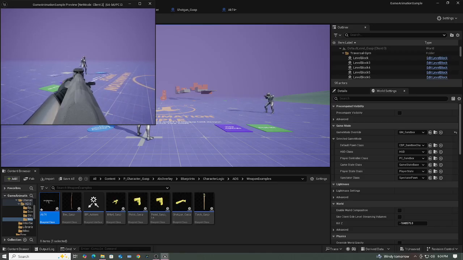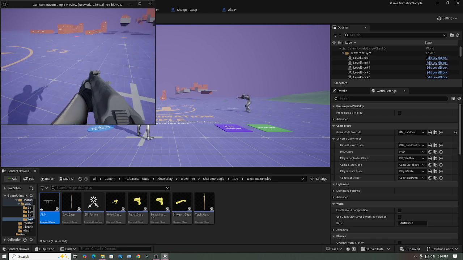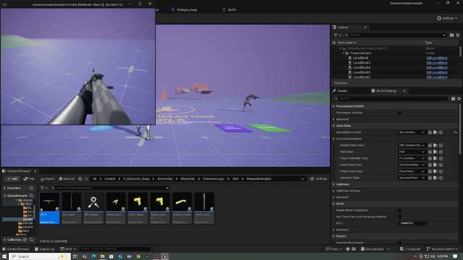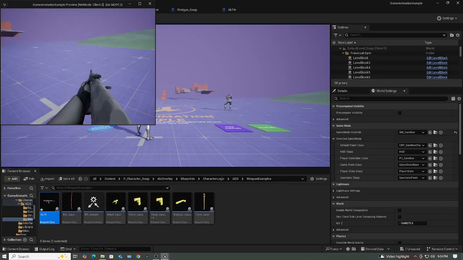That looks good. So I would say the values are there for you to play with. Adjust it